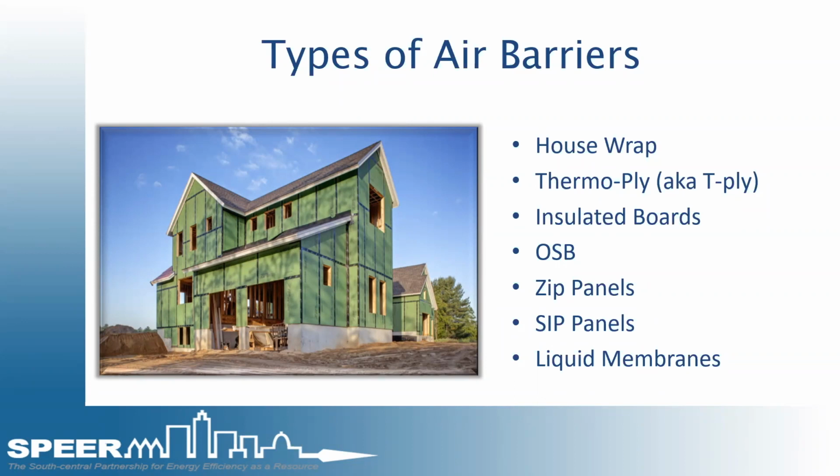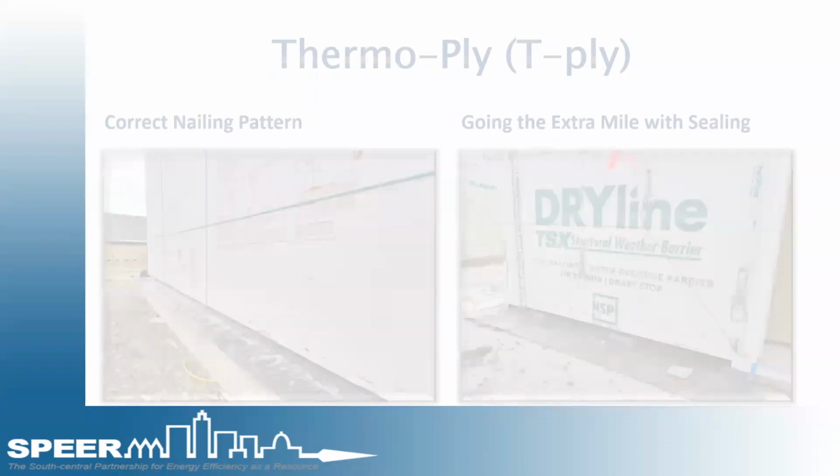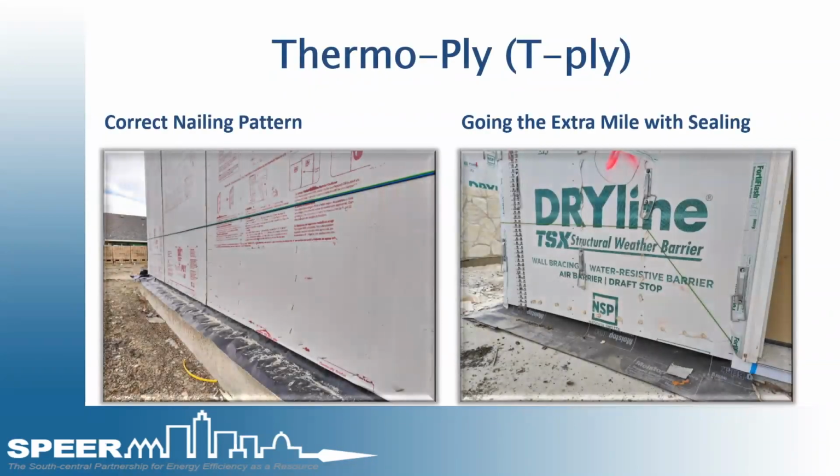We have SIP panels, which is almost like insulation that's trapped in between 2 OSB boards, kind of like a foam board that's trapped in between 2 OSB boards to make up the framing member. And then we've got the liquid membranes that we saw a second ago on the photo before about how it was applied. To get into more specifics of it, we're going to go to thermoply and talk about, this is